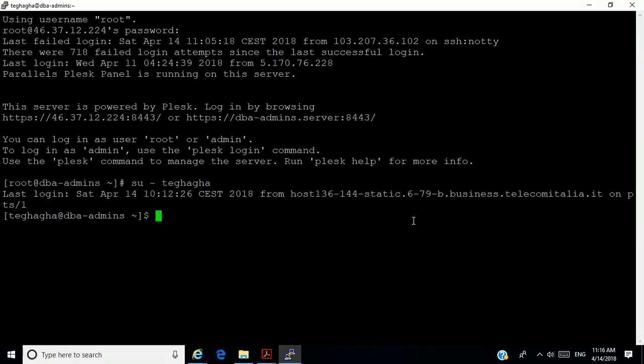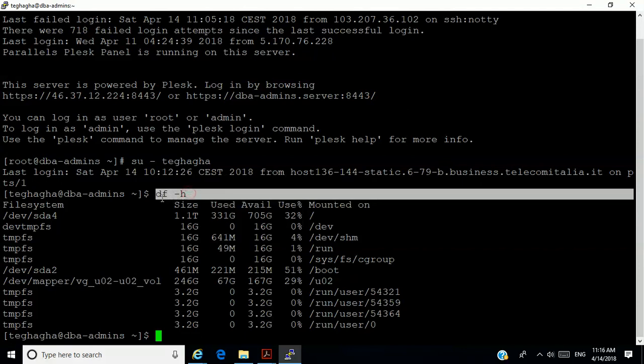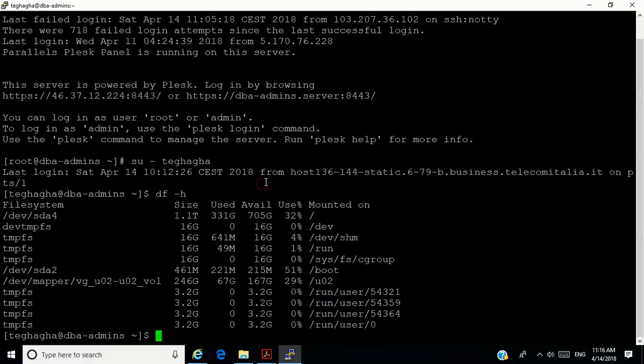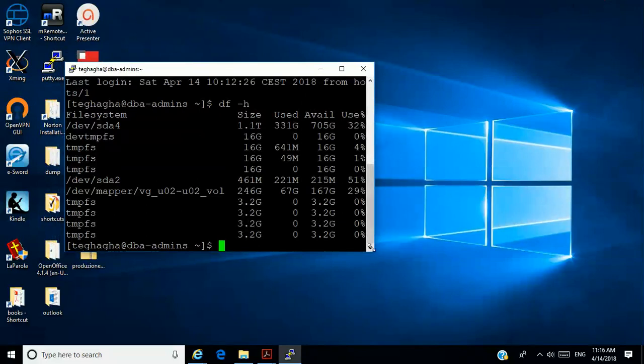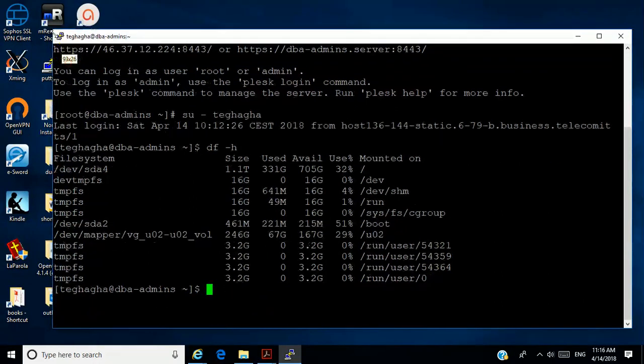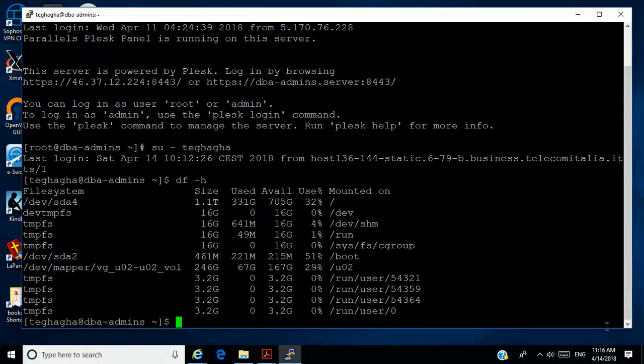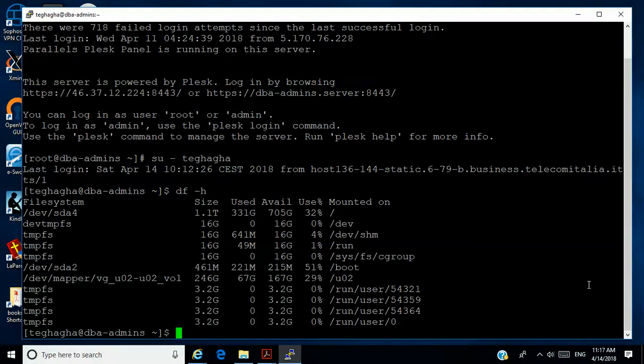So I'm going to look at the disk space I have, df -h. Now, when I run df -h, it gives me the sizes of the disks available on the computer. But if I say df -h, let me just clear this stuff out. Okay, what I'm going to do is to make this a bit smaller so it shows properly on the screen. Is it visible? Yes, sir. Okay. So let me clear this stuff here.